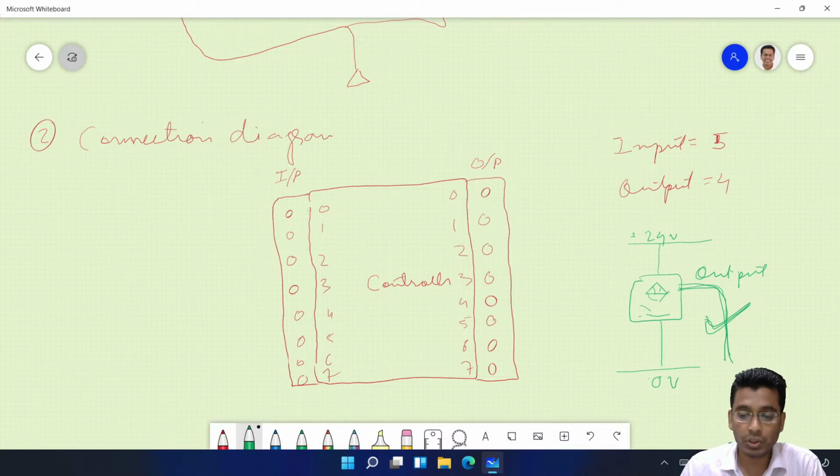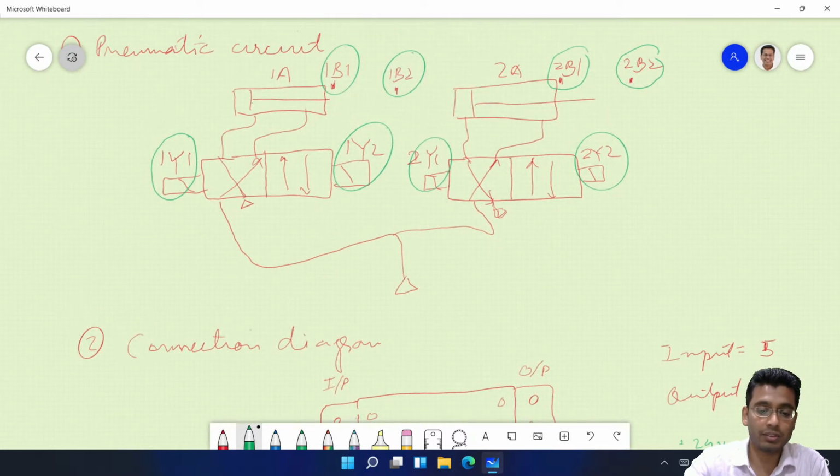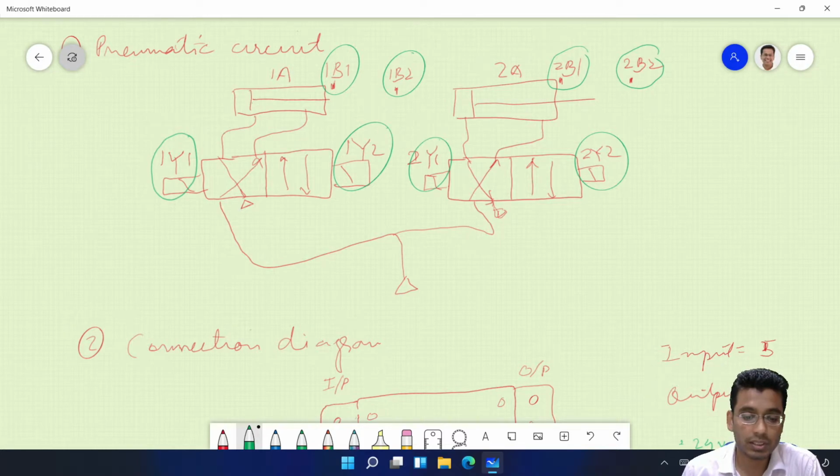Okay, so you have all 5 digital inputs, and your outputs, are they digital or analog? These solenoid valves: if it is a proportional solenoid, then it will be analog. But if they are only solenoids that either open or close the valve, with no proportional opening, then they will all be digital.